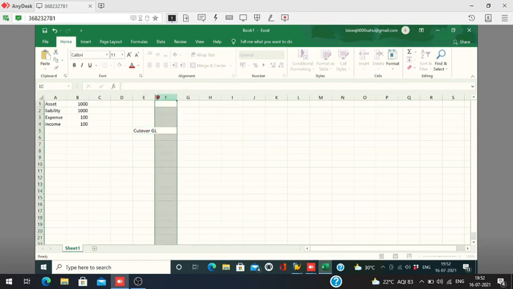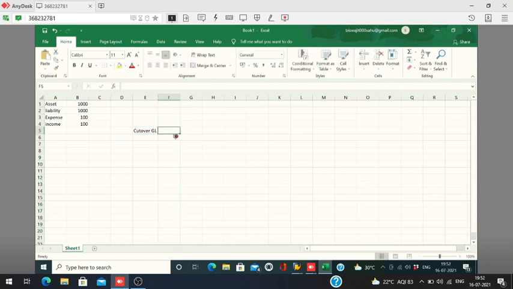I'll post one entry like this: asset debit 1,000 rupees to cutover, 1,000 rupees.